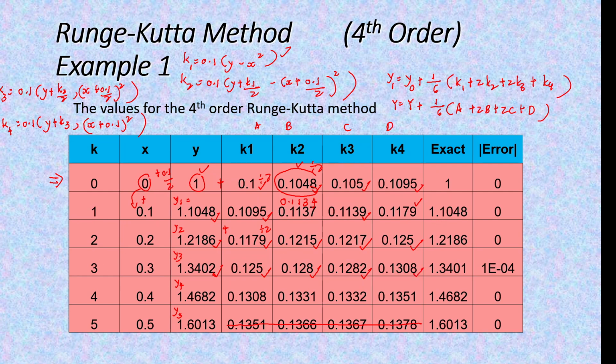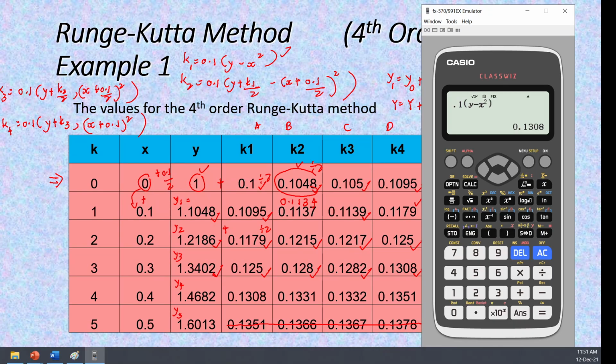And then to get y4, search back the formula for y_{i+1}. So press up 1, 2, 3, 4 to get back the y_{i+1} formula. Calculate. Y4 depends on y3. Y3 is